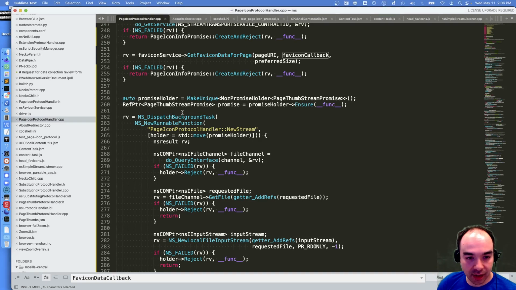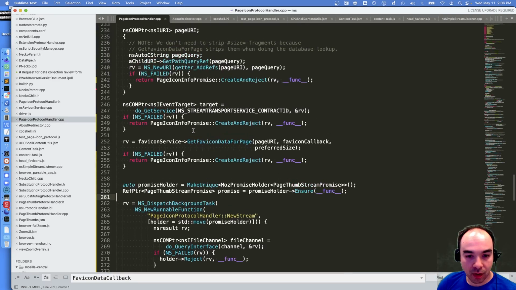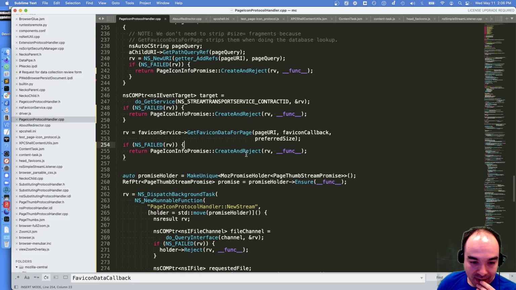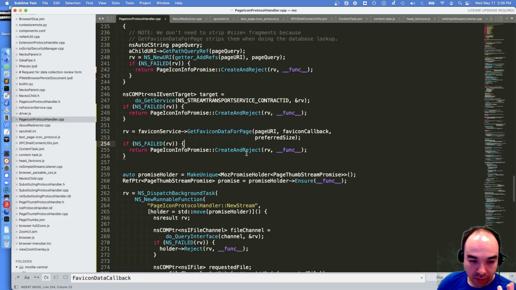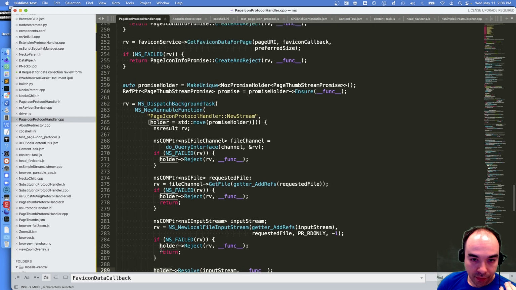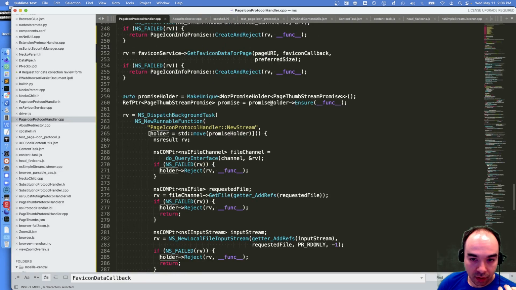So this isn't exactly going to work out for us. What we really need to do is return a promise that we pass the resolver, the resolver holder. Promise holder.